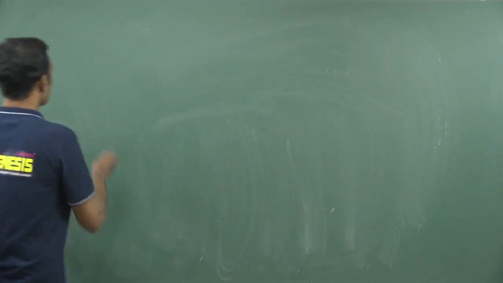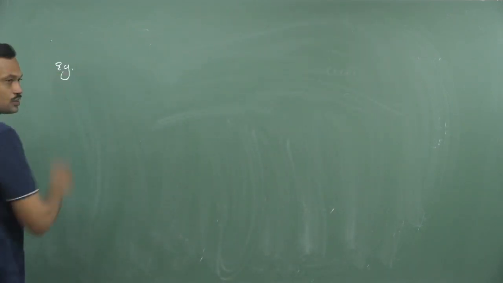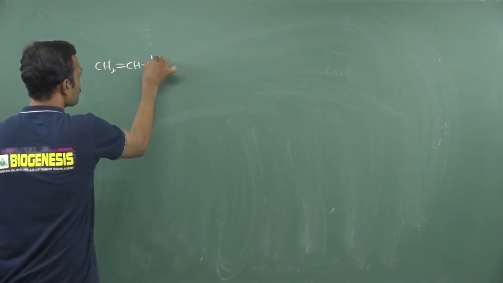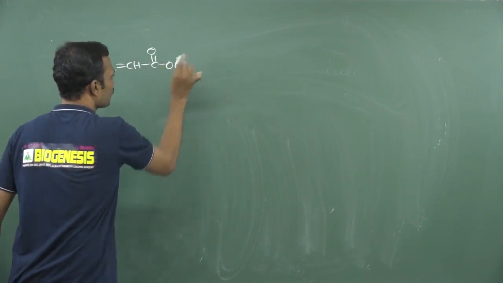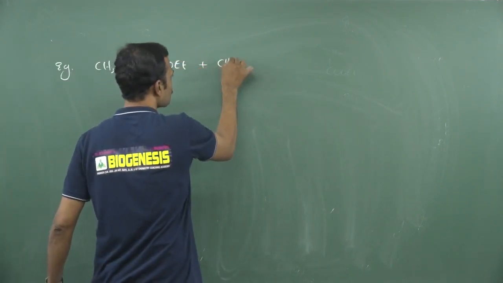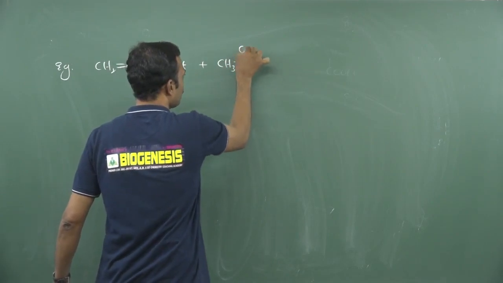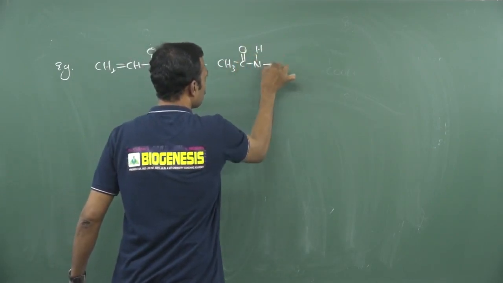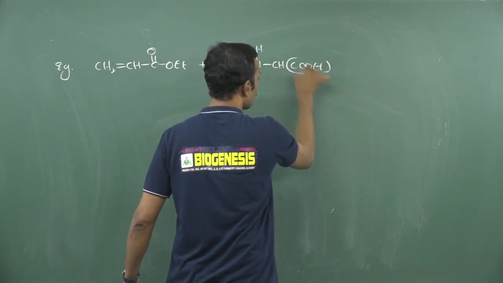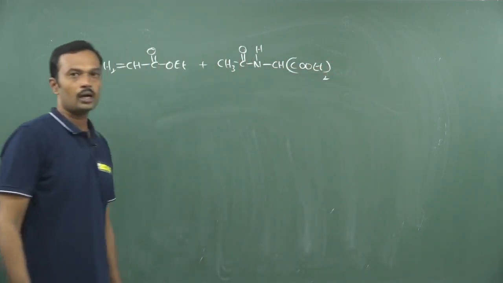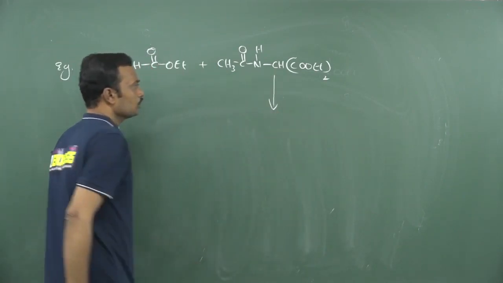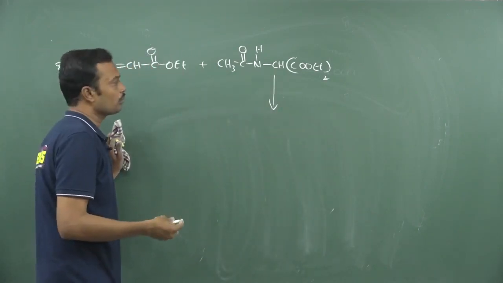Next, go through the last case where we can prepare amino acids. See, this is the last one. Many applications you can apply over here. See, this is an unsaturated ester. Now it is going to react with this carbon carrying hydrogen, and this is COOEt taken 2 times. Okay, an amide is attached on diethyl malonate. Okay, so it will give malonate.